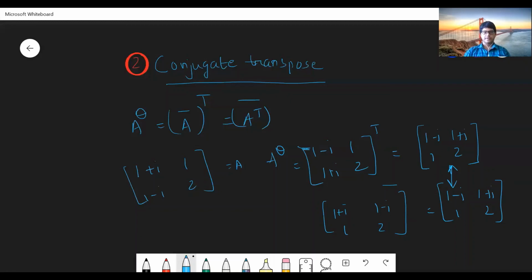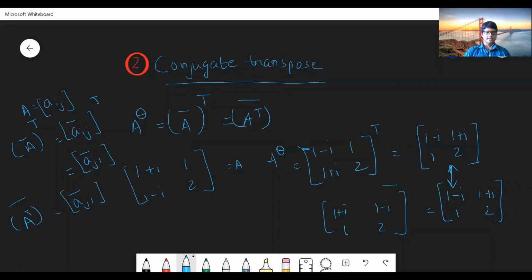Now you can prove it also. Let me denote the matrix A by, let's say, A_ij. So what do I mean by A conjugate transpose? It is going to be A_ij conjugate and then transpose, that is equal to the conjugate of A_ji. Fine. Now, what if I do transpose first, then conjugate? Transpose means A_ji, then I'm going to take the conjugate. So you can clearly see these two are the same. That is what I'm saying when I say that conjugate transpose and transpose conjugate both are going to give you the same. Now, on the basis of this, we can define symmetric, skew symmetric, Hermitian, and skew Hermitian matrices, which I'm going to cover in the next lecture.